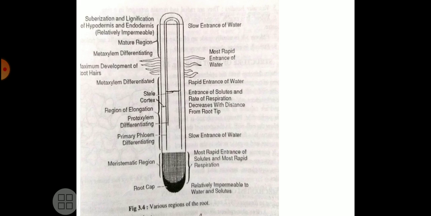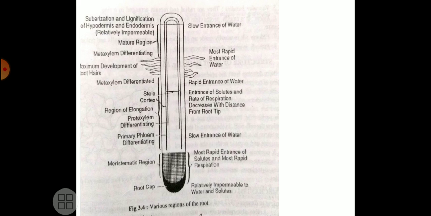Once again, I'm going to explain these things because we know that there are various regions of the root. But out of those, which region, which part of the root is exactly involved in fast or rapid water absorption? Here we can see in case of the root